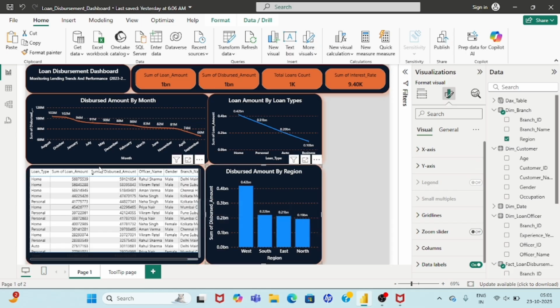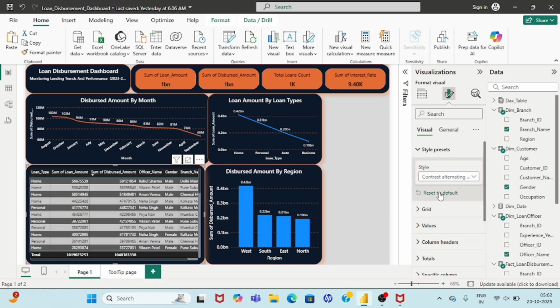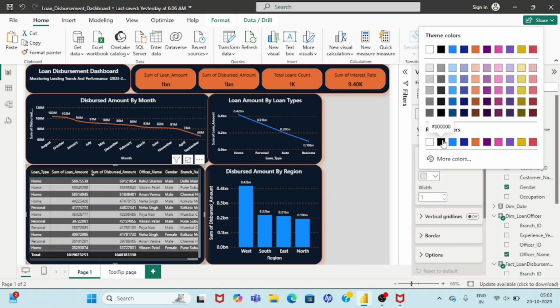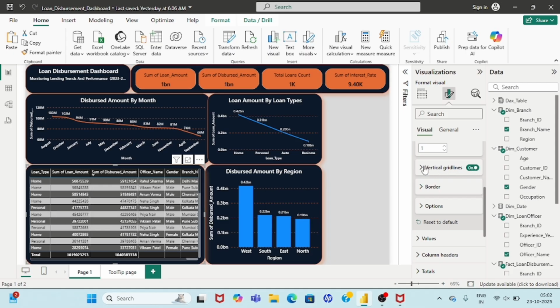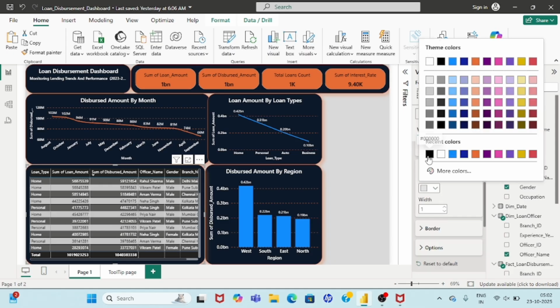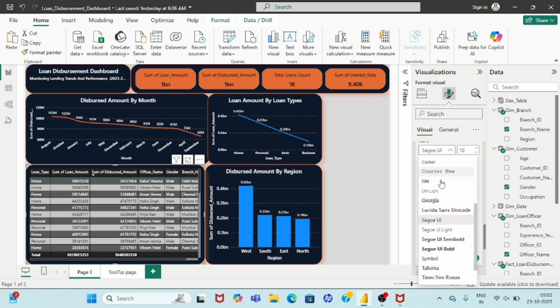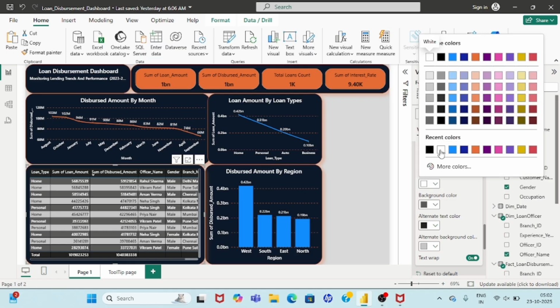Okay, now let's do the formatting. So format, select this one, then grid line color should be black. Okay, vertical lines, this color should be black, and the border, now here our standard format would be this. Okay, this is 10. Okay, bold, text color white,